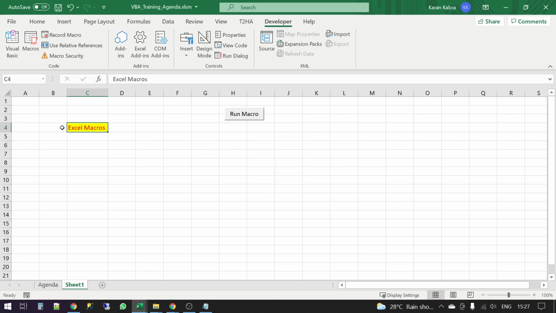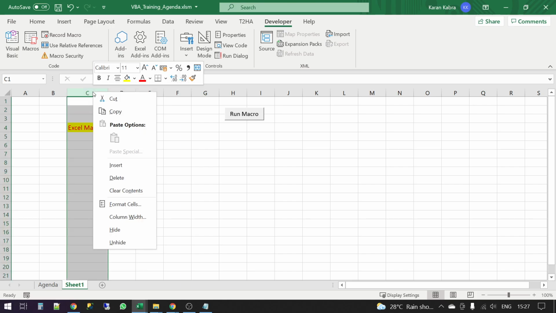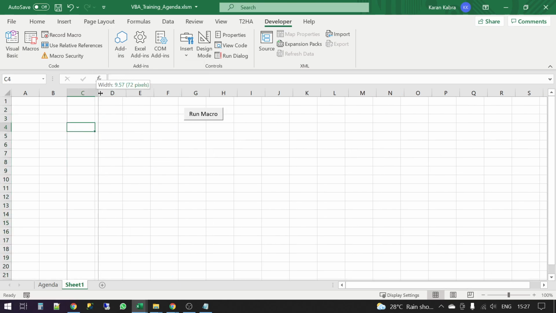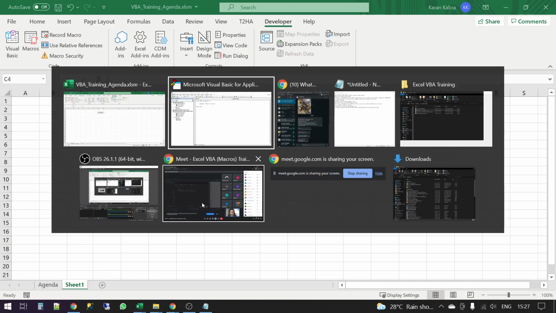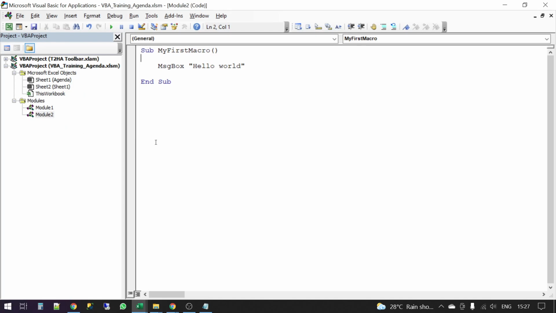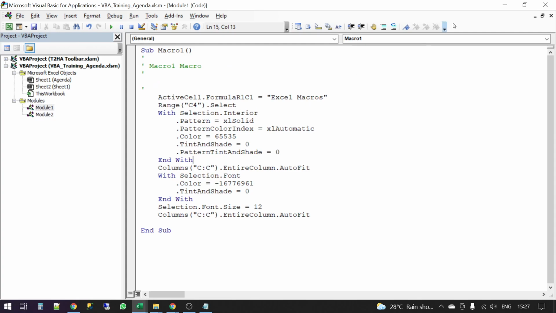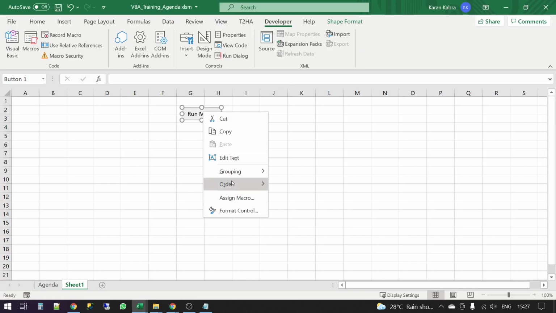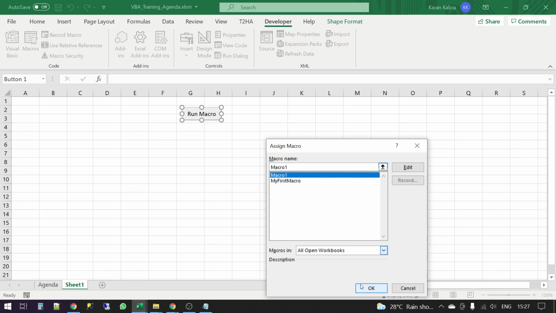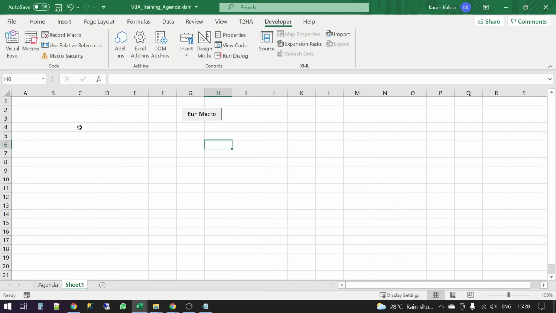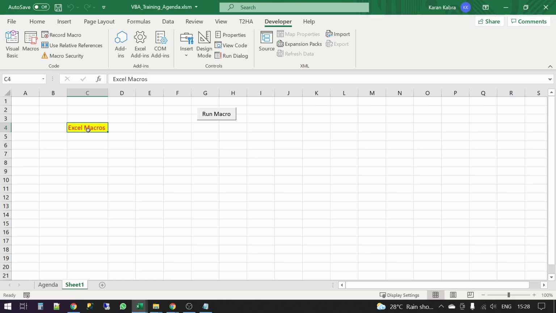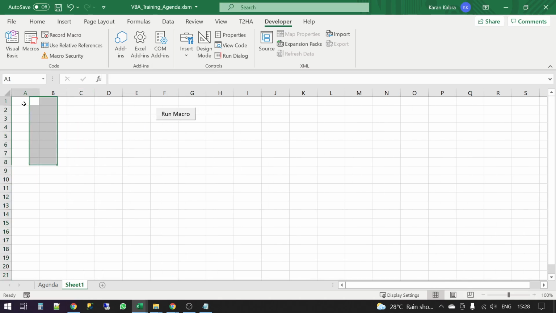In fact, this thing that we did here can also be done with a button rather than directly through macros. Okay, this is my Macro 1, the recorded macro. I'll just link this button to Macro 1. If I click on this, you can see this particular thing has come here, right? So this is how you run macros. You can run them directly through Macros, or you can create a button and assign the macro to it.